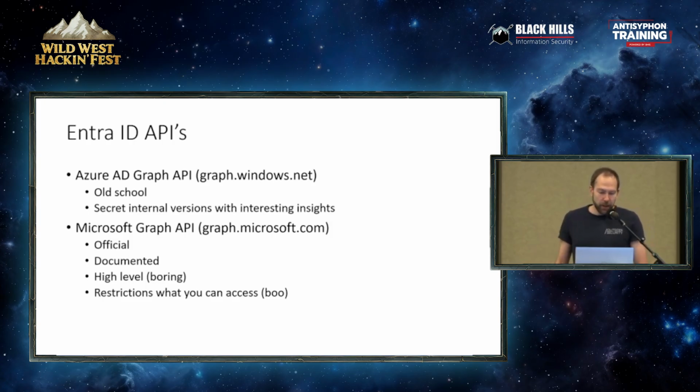Unfortunately, this one is going to be deprecated soon-ish. That means Microsoft wants us to move to the Microsoft Graph API. That's the official API, it's documented. But the downside, at least from my point of view, is that because it's a production API, it's quite high level, which means we're not going to see all the internal data that might be interesting for us, that helps us to know how Entra actually works. It also means that the properties you'll see on there won't always match the internal properties.